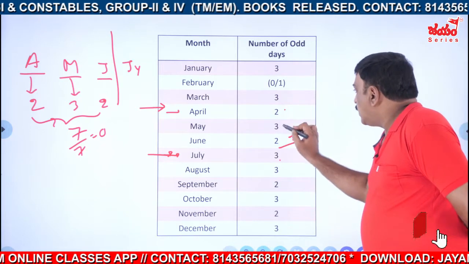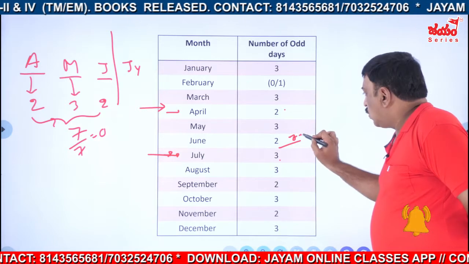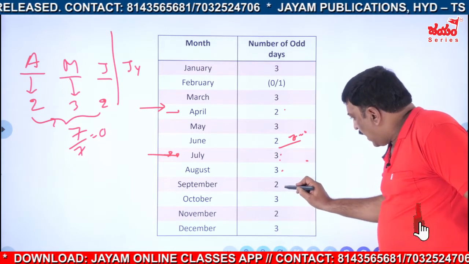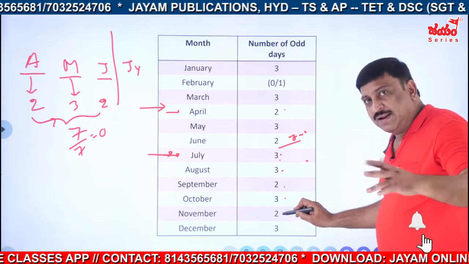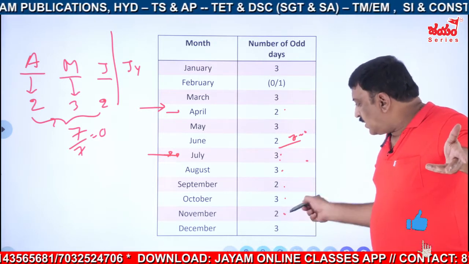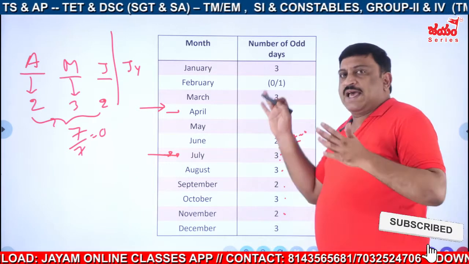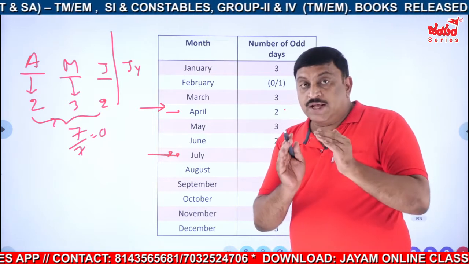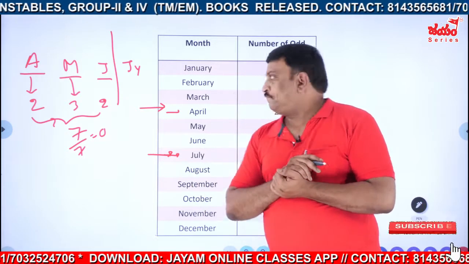Up to here, see, 2, 3, 2. 2 plus 3, 5 plus 2, 7. Over, that is 0. Now again start. 3, 6, 8. 8 plus 3, 11. 11 plus 2, 13. 13 is over. If it were 14, then definitely December would pair, but it is 13. So in this calendar, only April and July are similar. April is pairing with only July. The rest of them we'll see now.